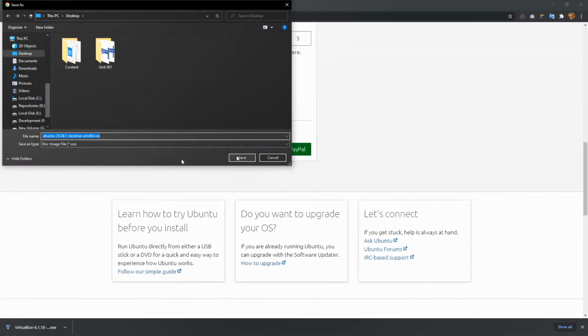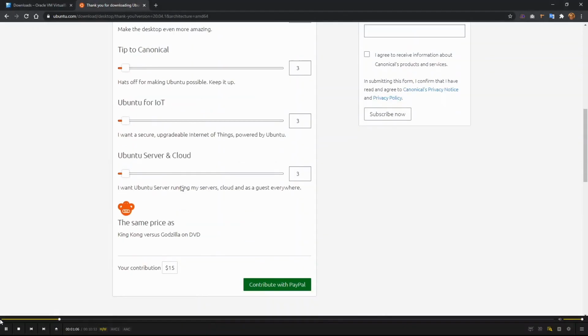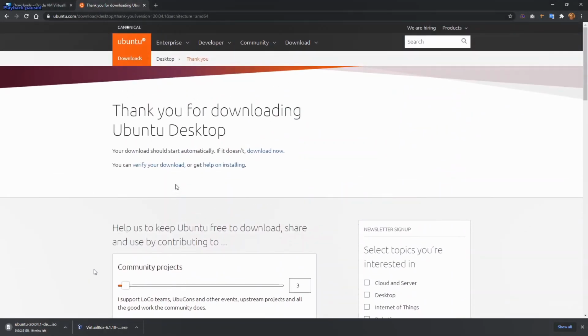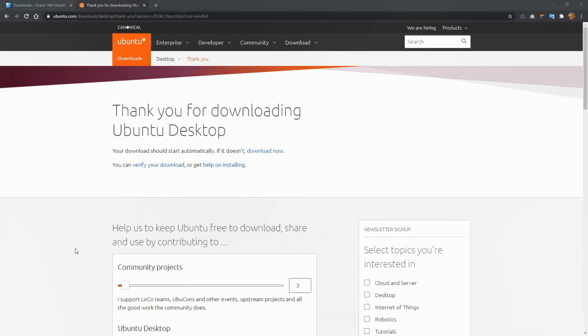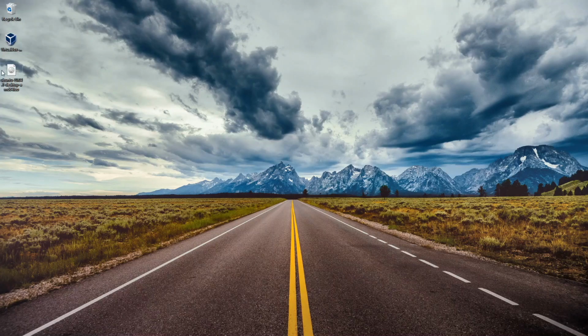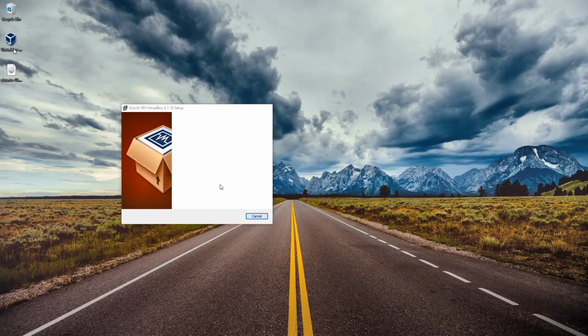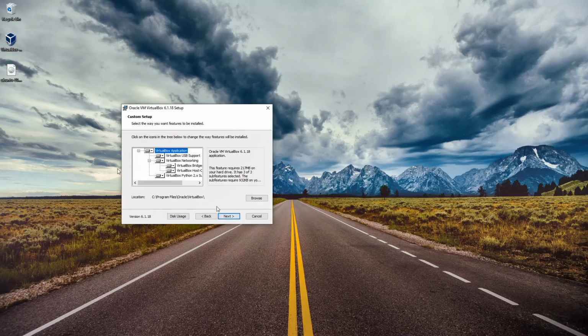So just download the image file, the ISO file, and obviously it will take some time depending on the internet connection speed you have. It's 2.6 GB, and once it is downloaded, you have those two files here, right? The Ubuntu file and the VirtualBox. Now I'm going to install VirtualBox. When you run the VirtualBox application, it's the usual